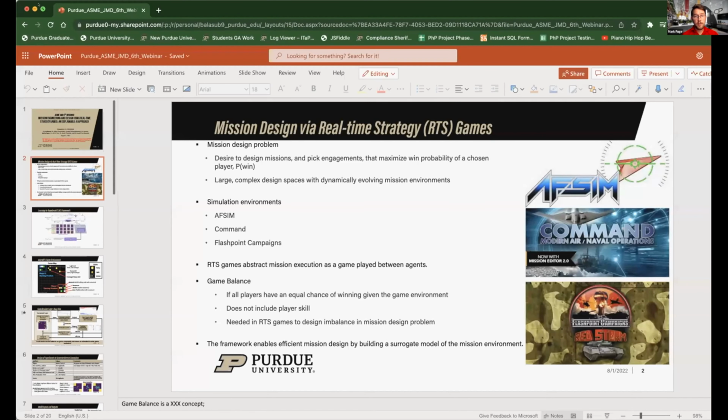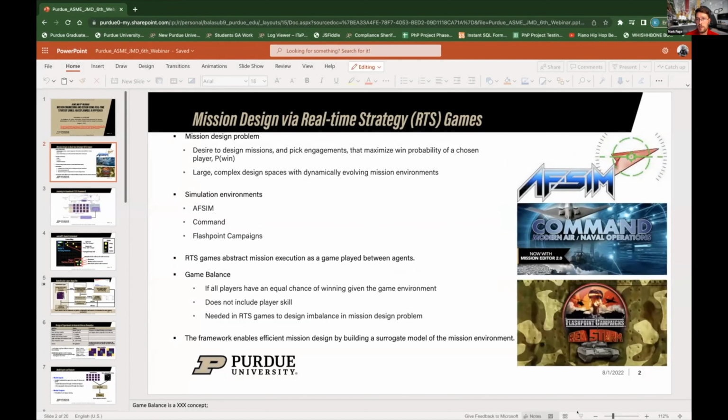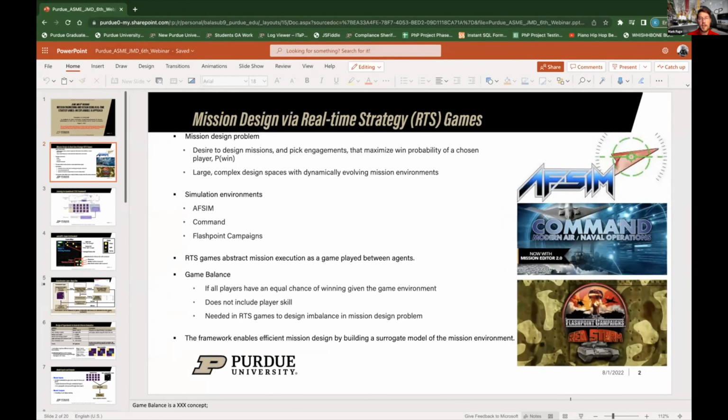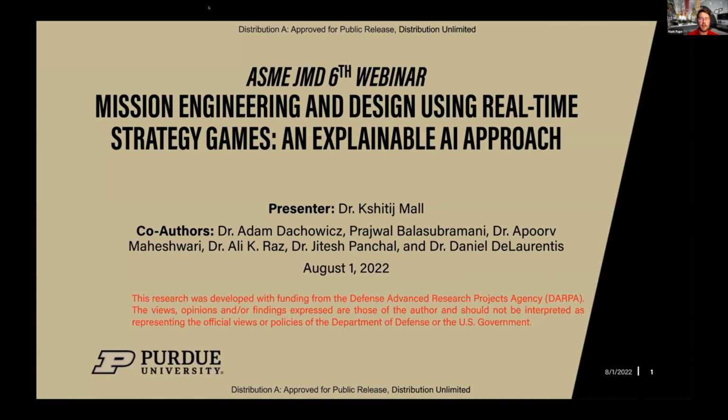Our next speaker is going to be Dr. Kishith Mal. He's a postdoctoral research associate at the Center for Integrated Systems in Aerospace at Purdue University. He obtained his PhD and master's from the School of Aeronautics and Astronautics at Purdue University and was a postdoctoral fellow in Aerospace Engineering at Auburn University in 2019. And previously, he completed his BTech in Mechanical Engineering at the